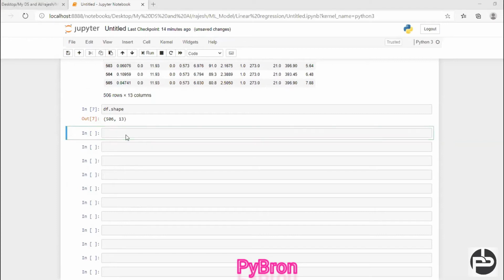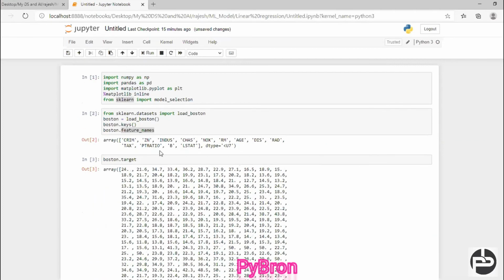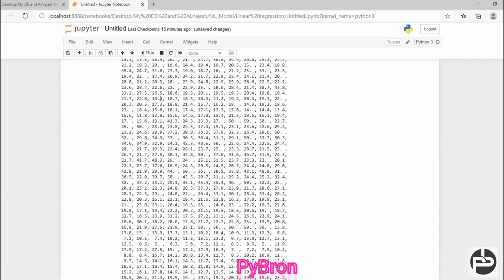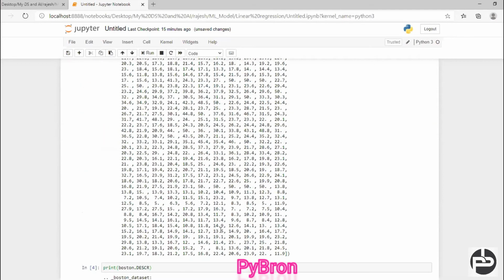Now my responsibility is to incorporate the target column in my main data frame. Boston.target gives the array of all my target values. If you count how many values we have, it should be 506 values.